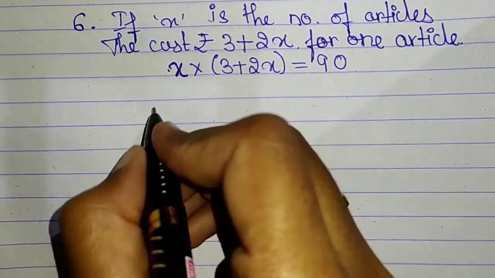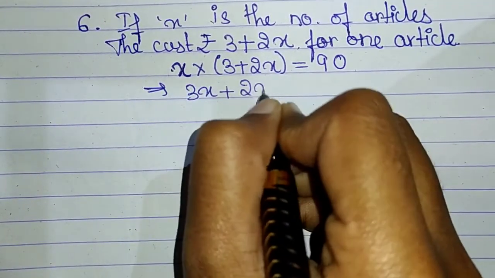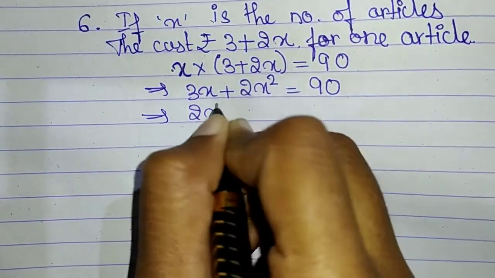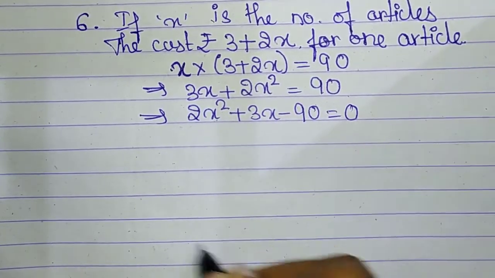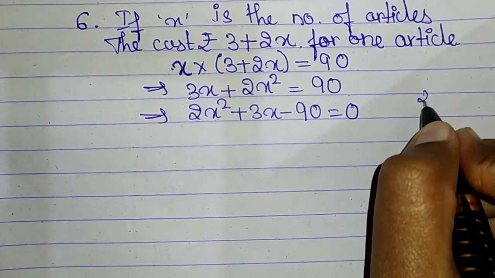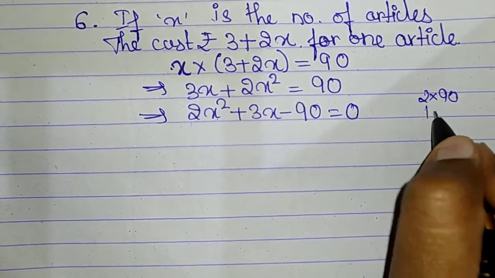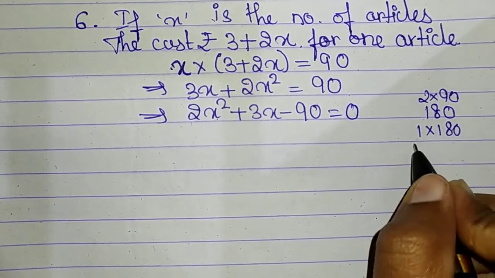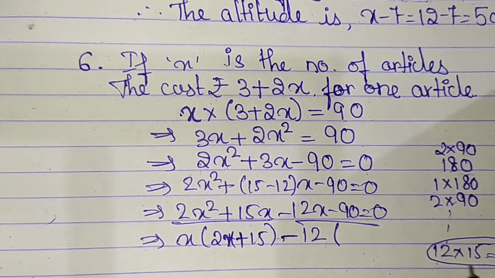So now let us form our equation, that is x into 3, 3x plus 2x square is equal to 90. Rewriting the equation, we get 2x square plus 3x minus 90 is equal to 0. This is our required equation. So now let us multiply the a and c coefficients. We get 2 into 90, which is 180. So the factors are 1 into 180, 2 into 90, and so on up to 12 into